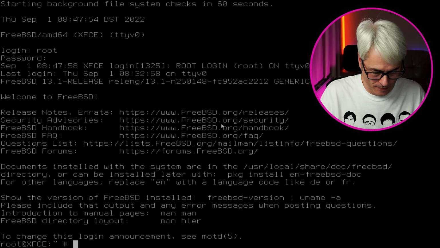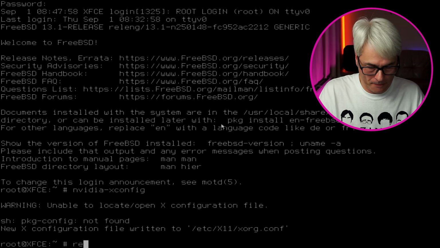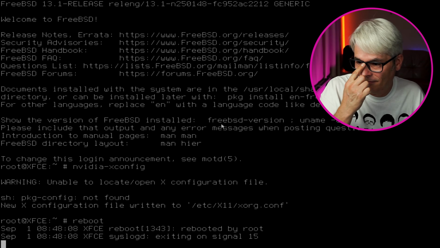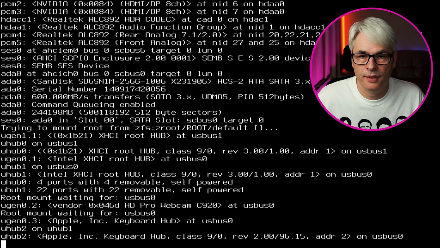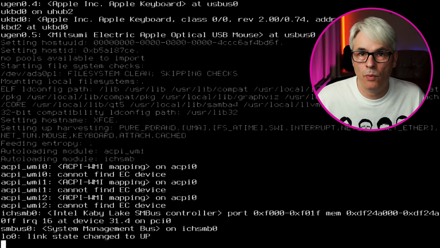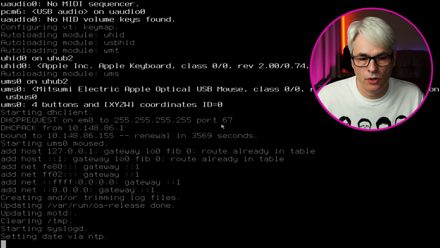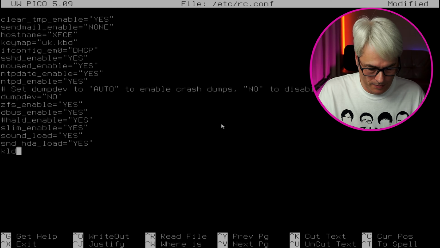So NVIDIA xconfig, bish bash bosh. Let's reboot again and it should work this time. So as I say, this is a plain bog standard FreeBSD 13.1. It's not been updated. It's literally as it comes out of the box. The only other thing that I've done is I've changed the package repository from quarterly to latest. So kld_list